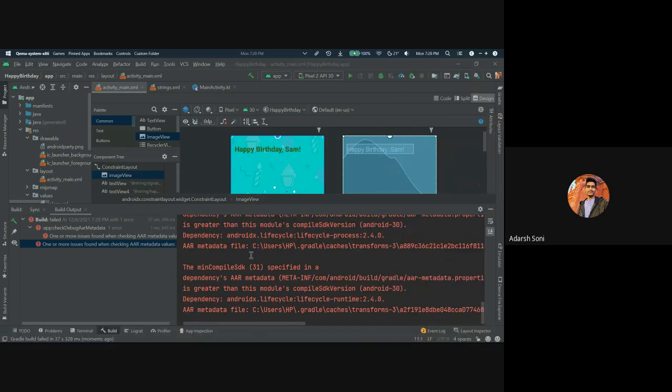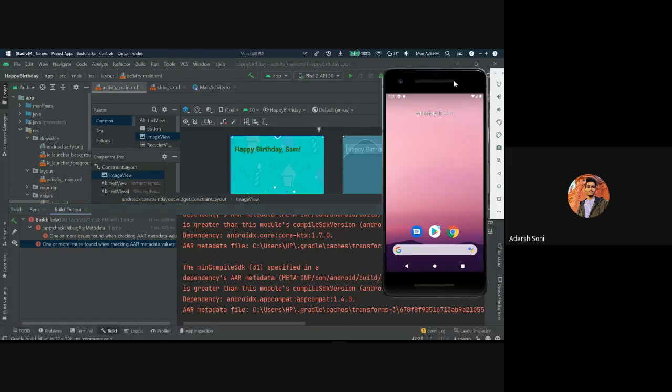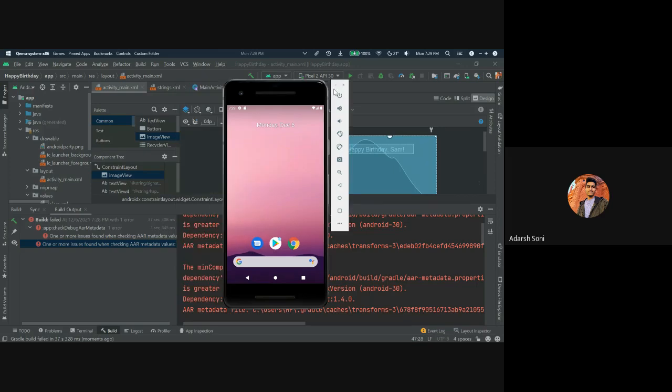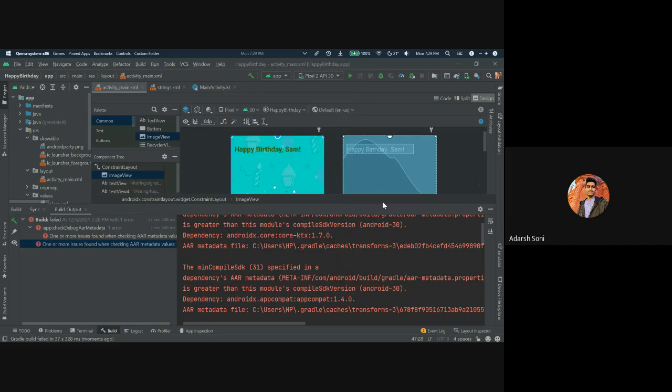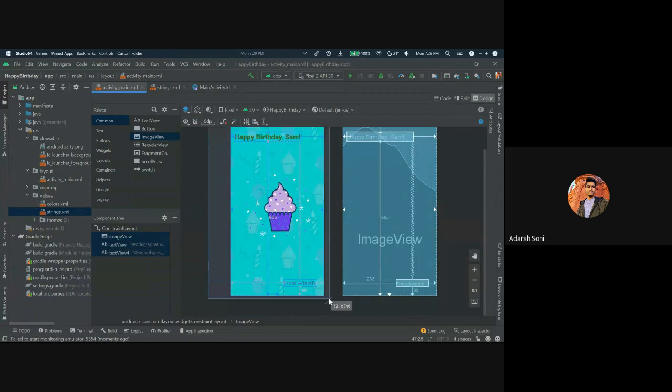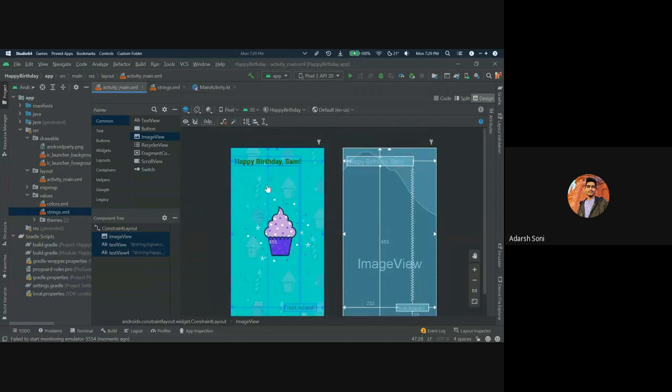Okay, so we are only getting this because of the API version we selected for our project. That's why it is not running. If you try to use this in your emulator in your system, it will definitely run. But this is the view. In this section, this is what your apps look like in a real mobile device.